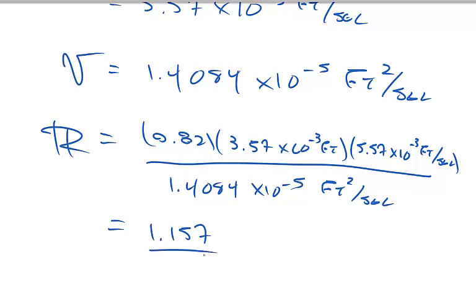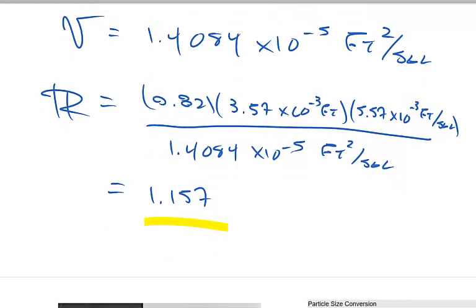Some textbooks will say that's turbulent or laminar flow. Some textbooks are going to say that's transitional flow. I'm going to go ahead and say it's transitional flow, just based on what it's saying in our textbook. But different textbooks have different flow ranges that are there. I've seen it up to 2,000 for the Reynolds number,